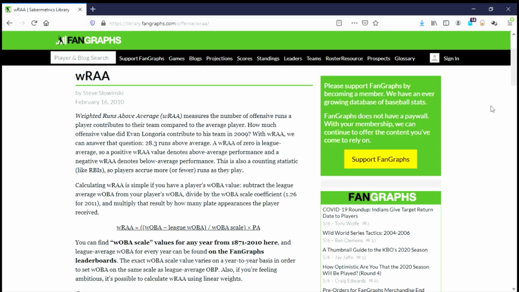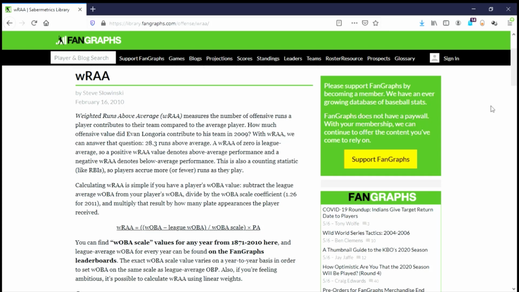Since baseball is based on scoring runs, this is a great metric to measure how many more runs above the average, which is 0, compared to the rest of your team. So you can definitely see and measure how valuable someone is at the college level and how valuable someone is compared to the rest of their teammates. We'll measure how valuable someone is in terms of weighted